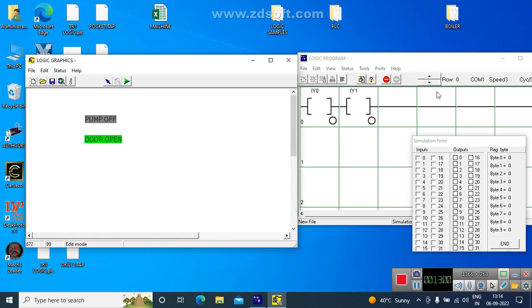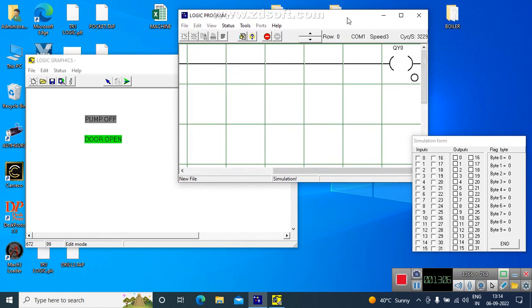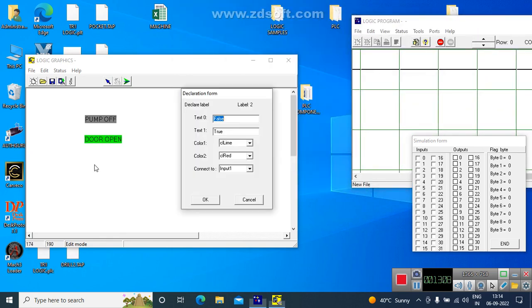Now let's connect the last, what was output. Okay, output 0. Okay. Let's make it false or true. You can write the function of the output so that it will be clear when you operate